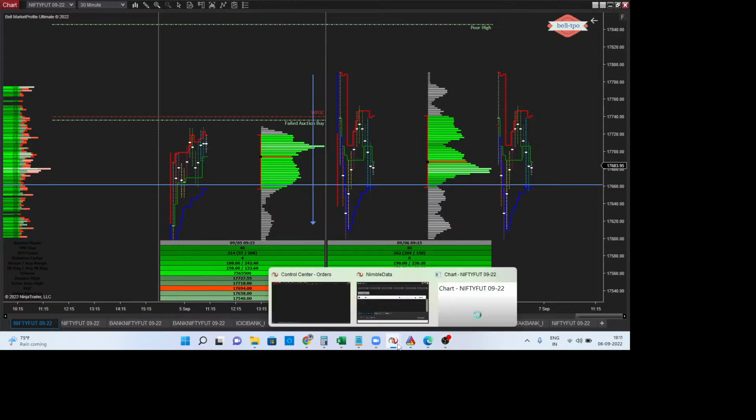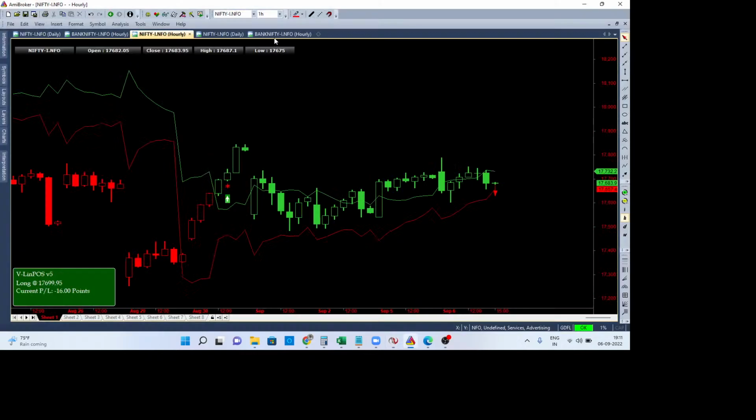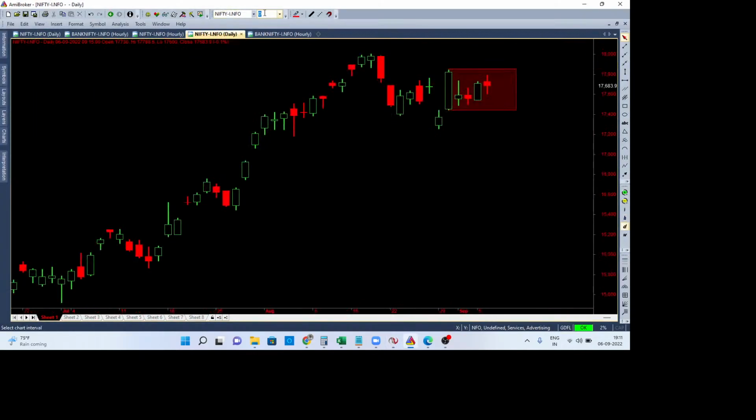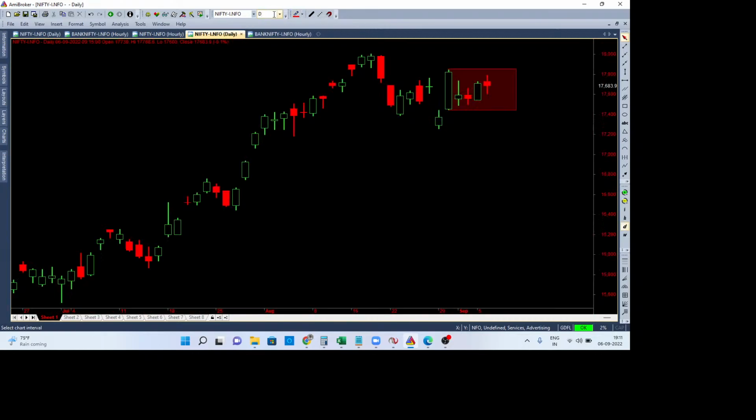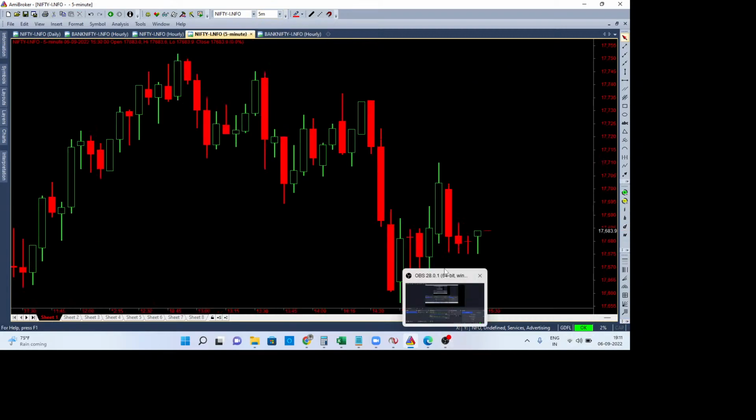Maybe you might be surprised to see the 5-minute charts. I'll show you how the 5-minute charts of Nifty were today. It was a very interesting one though. Just give me a sec, I'll pull up the 5-minute charts. During live markets also, I noticed that. I'll show you how it happened.